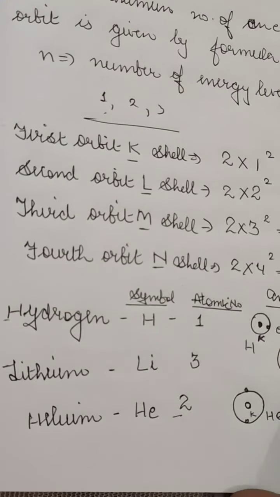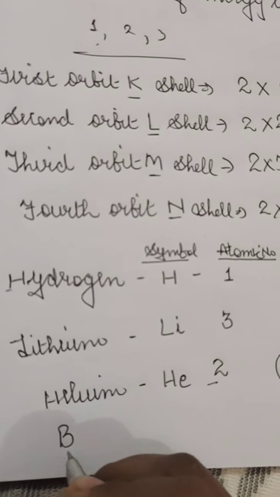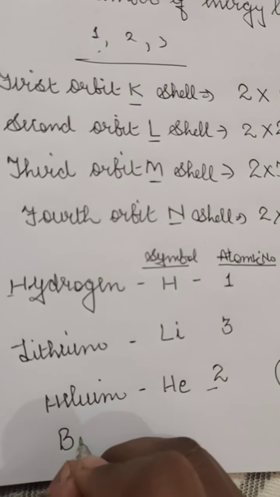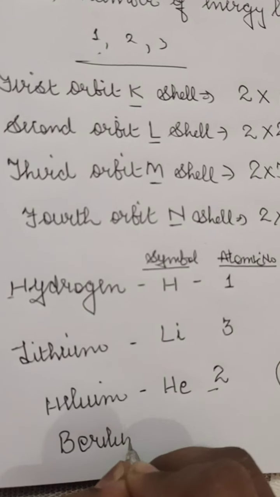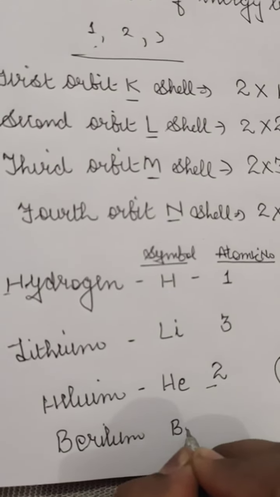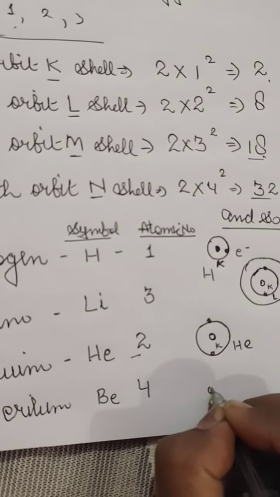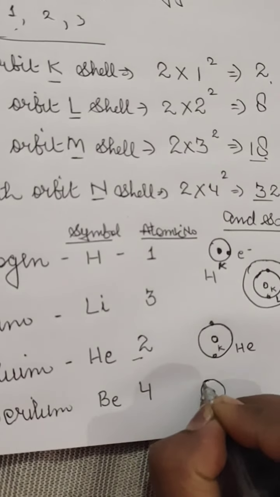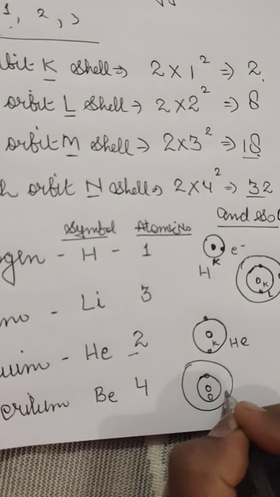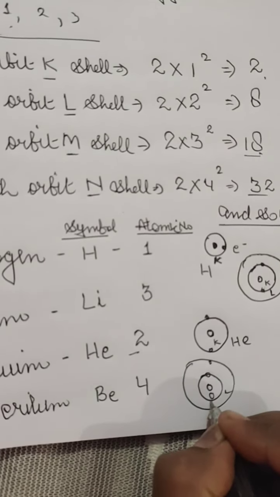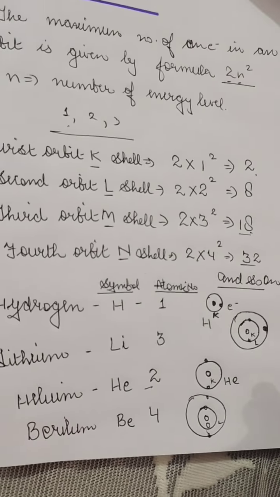All right. So the next example will be beryllium. You have to learn all the element names, their symbols and their atomic numbers. Beryllium, symbol Be, and atomic number 4. It has the nucleus here, and the first shell with 2 electrons, and 1 more shell, which is the L shell, with 2 electrons. So it has only 2 electrons in the outer shell. That is why it will donate its 2 electrons.